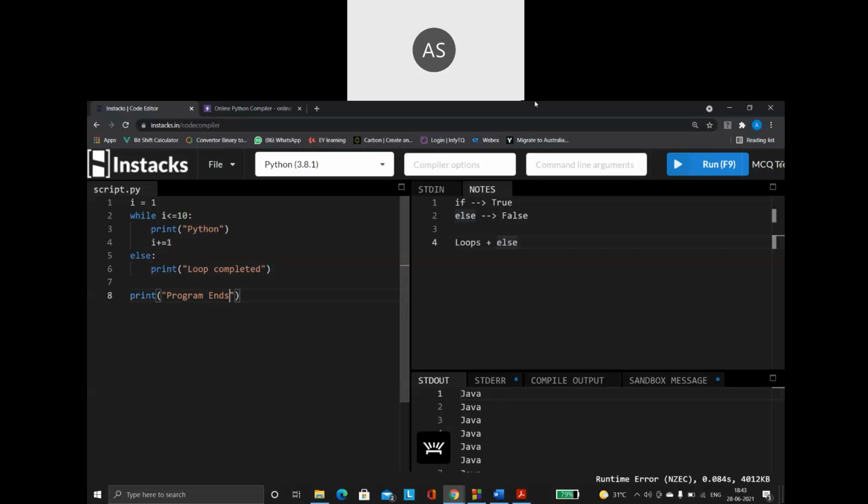So see here what is going to happen. How is this going to get executed? Let us try to understand how my else condition is going to work. Normally we already know, when is the else part going to work? When the condition is false. The same thing here also.